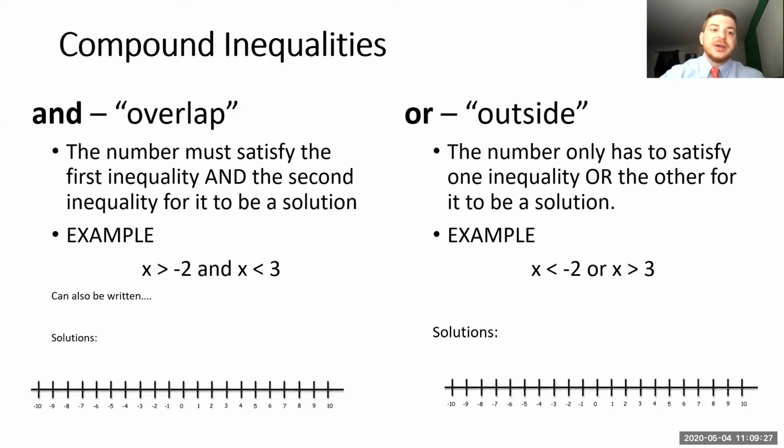Okay, so if you're looking at this example, if we had x is greater than -2 and x is less than 3, we've got to think, okay, it's only the numbers that are already greater than -2, but then they also have to be less than 3. And there's a very specific set of numbers. Okay. Now,